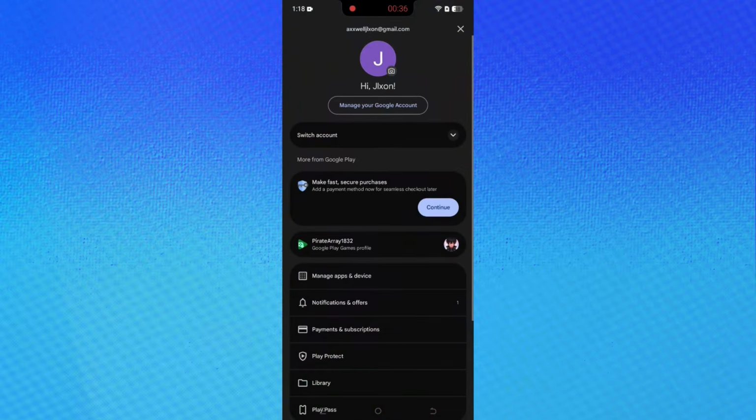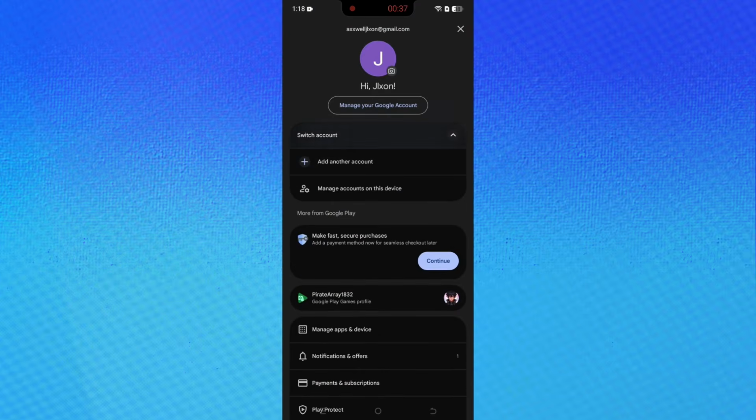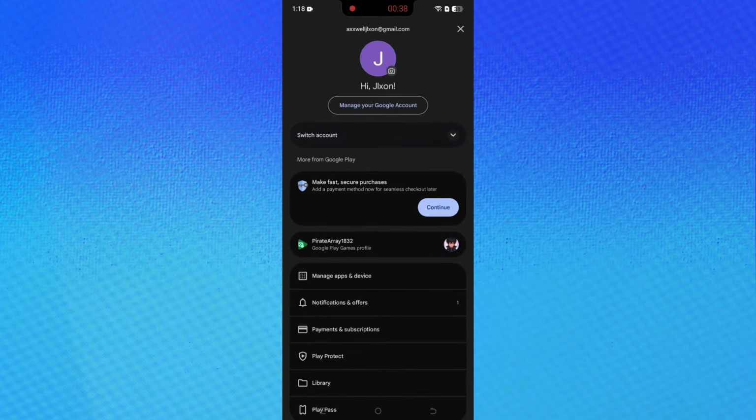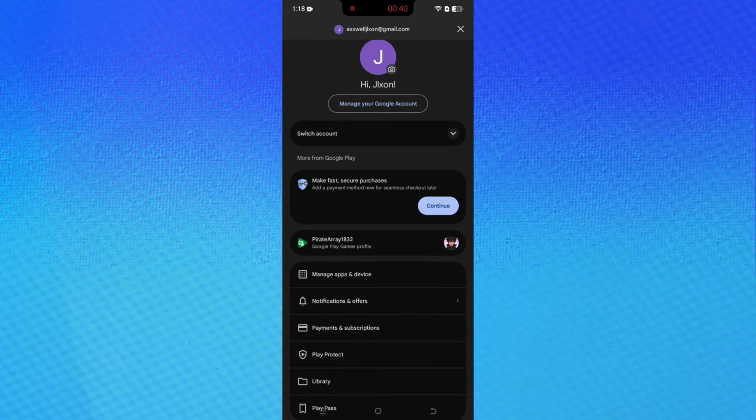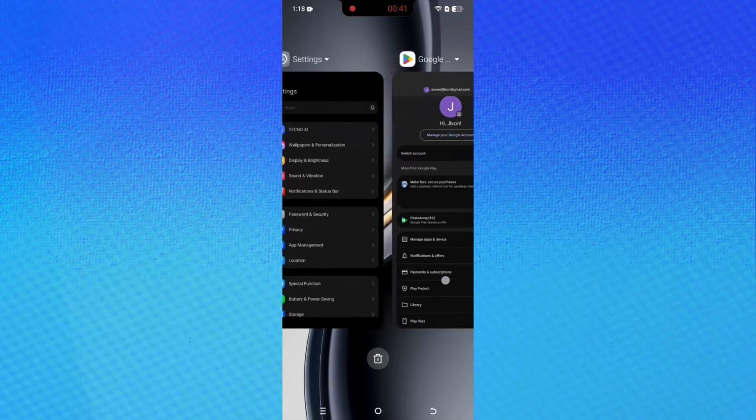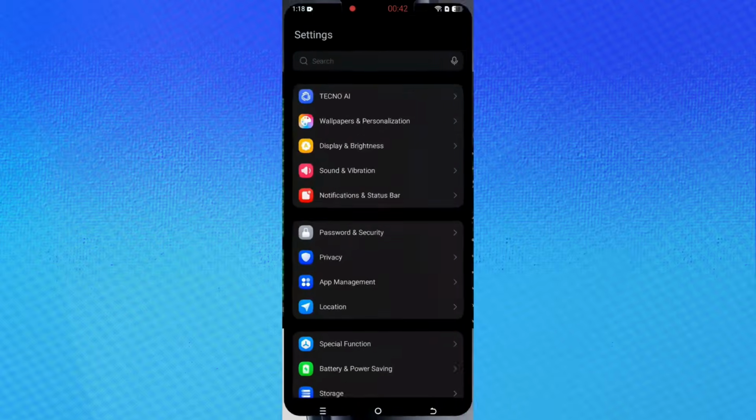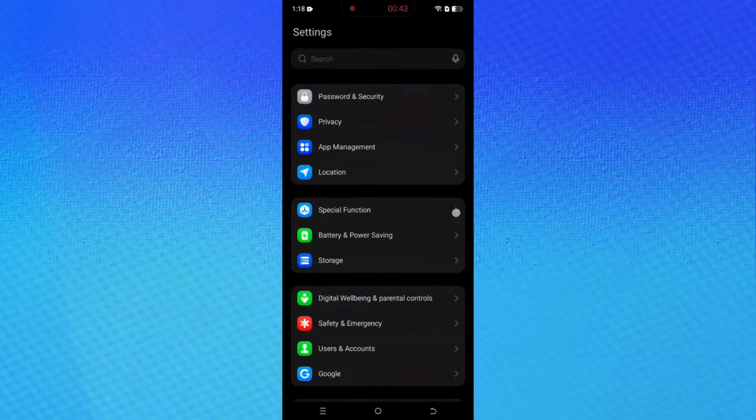Another important check is your Google account selection. If you have multiple Google accounts synced on the same device, make sure you are signed in with the account that originally downloaded or purchased the app. This is one of the most common causes of this error, especially on shared phones or devices used for both